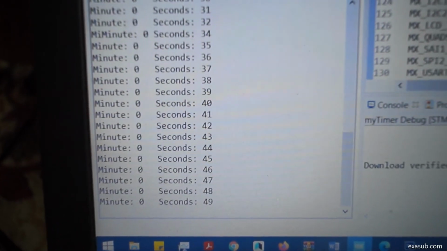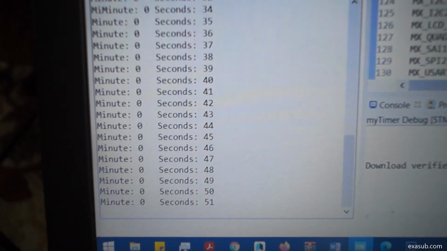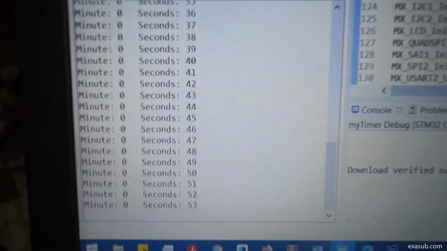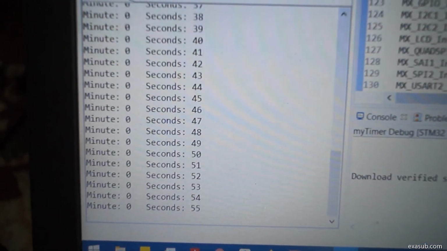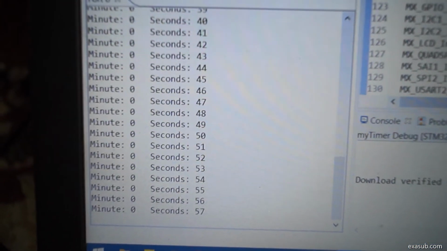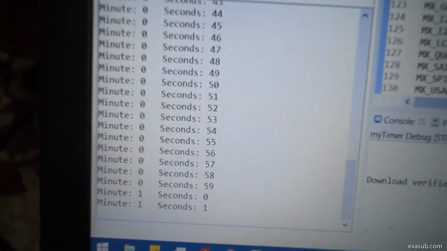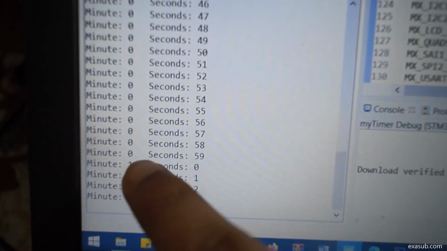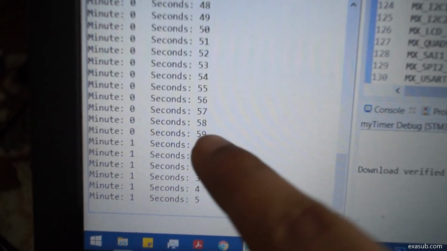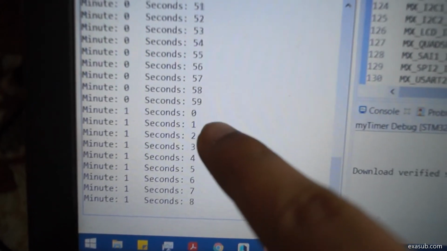Since this clock is running in hardware, I can write any other functions. It is separate from the others, and as you can see, the minute has incremented to 1 after 59 seconds.